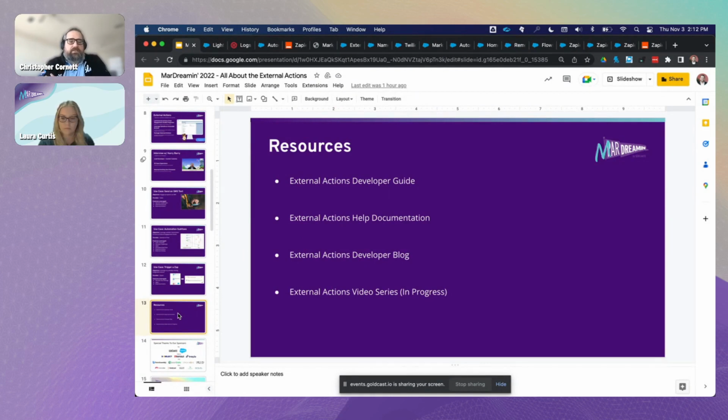But we do have an external actions developer guide that's available that will walk you through the individual steps in regards to marketing app extensions, external activity, and external actions. We also have help documentation, which gives you more of an admin perspective of how to help manage these. There is an external actions developer blog out there that takes a more detailed look at the Twilio example and even does some expansions in order to add more robustness to